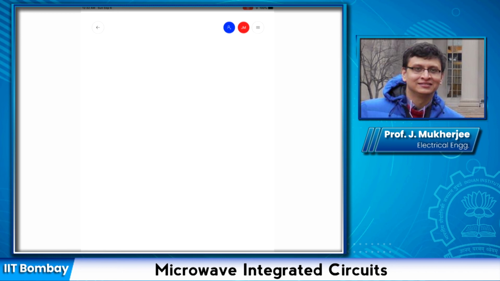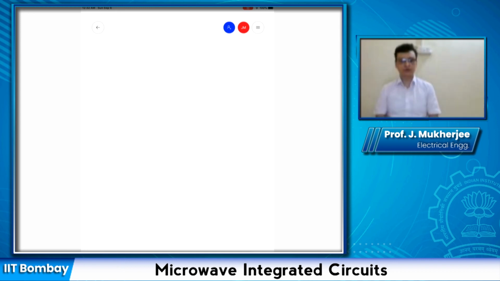We had discussed the unilateral case in the last lecture, and in that lecture we had talked about what are the three components of unilateral gain. So just to recap,